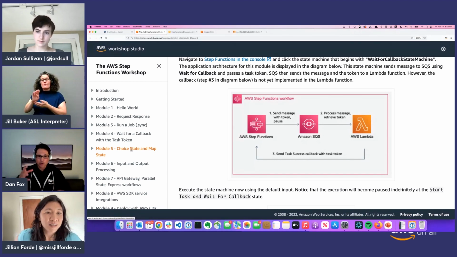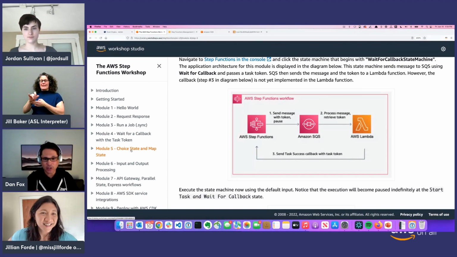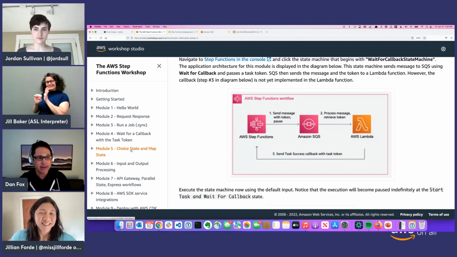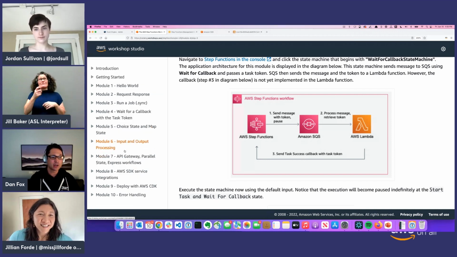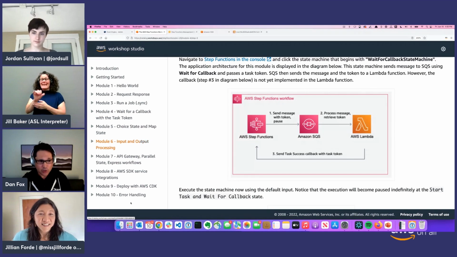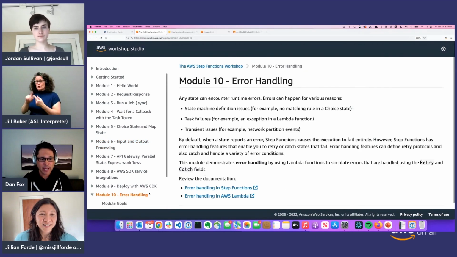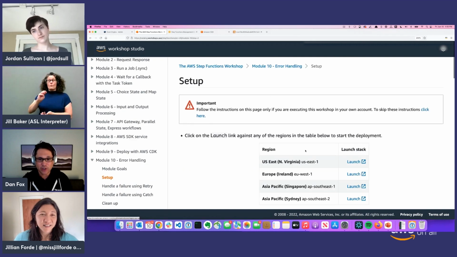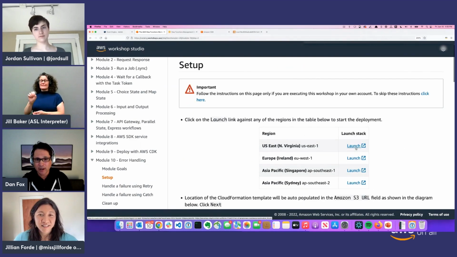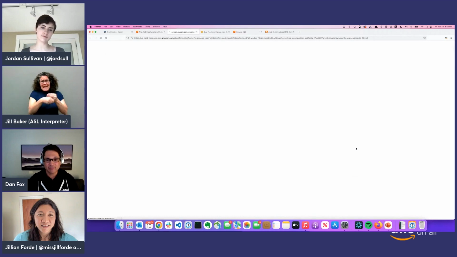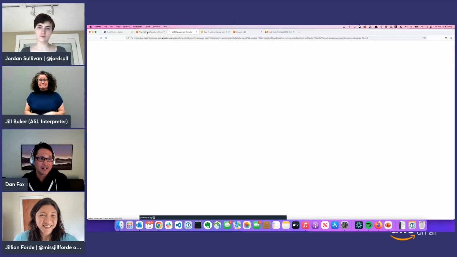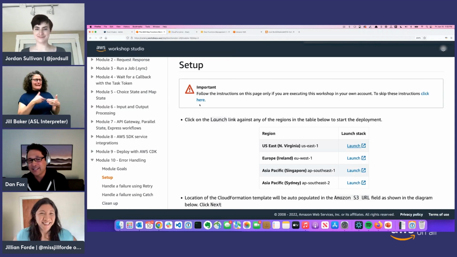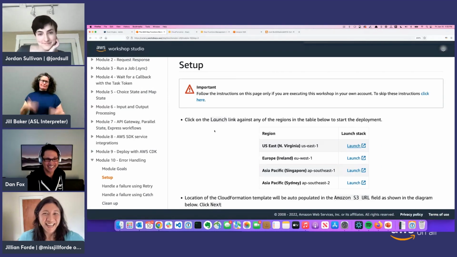So there are actual specific code samples that you can use to bootstrap your application. Let's say you are struggling with error handling, you can go into the error handling module, and we have CloudFormation templates that you can deploy into your account that contain actual code. So it's like the easy button. It's the easy button. I love an easy button. Yeah.